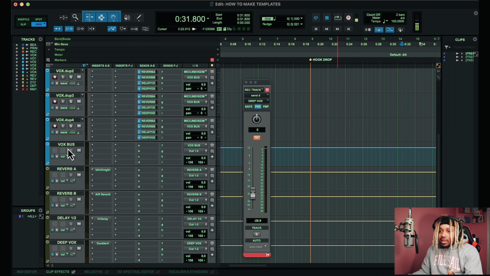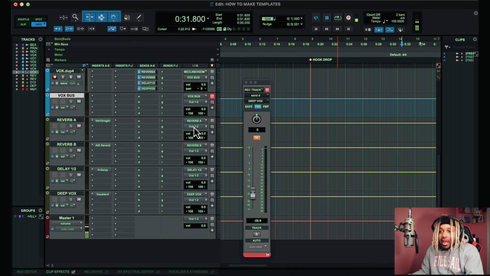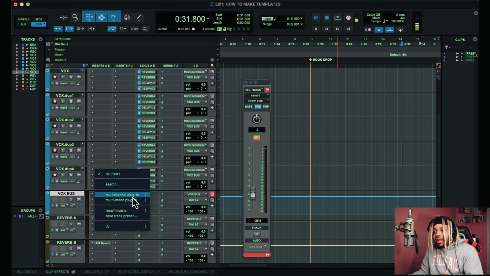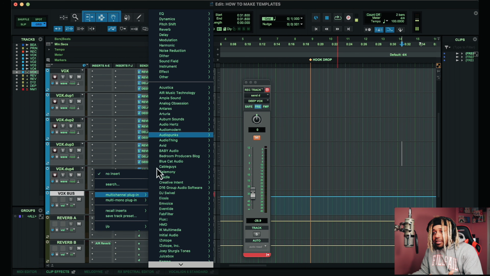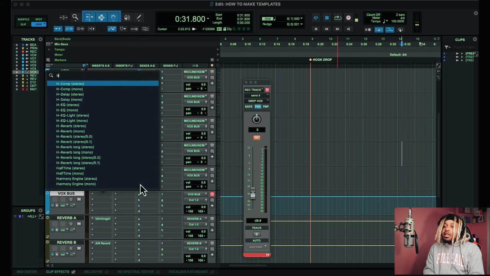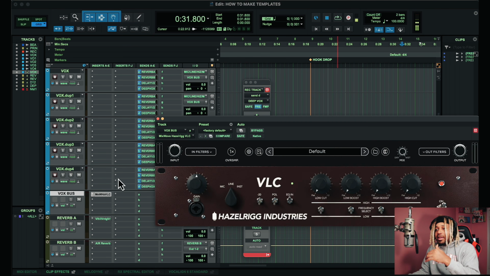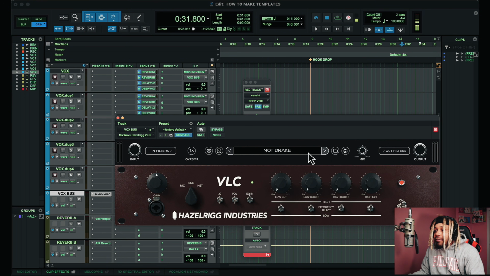If I need to do it again for another Vox bus, I could do that again. Let's say I want to send this to another track for another aux. I can do that. It's completely up to me and what I want. So whatever plugin I want to put on my Vox bus, let's say I want to put this plugin on my Vox bus, and I just want to have what they call it,